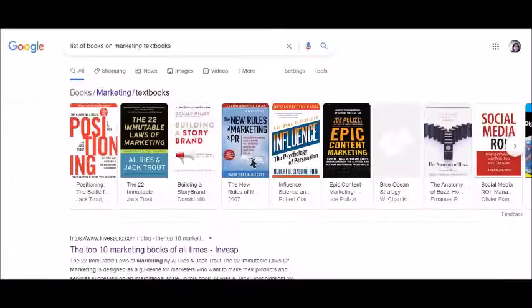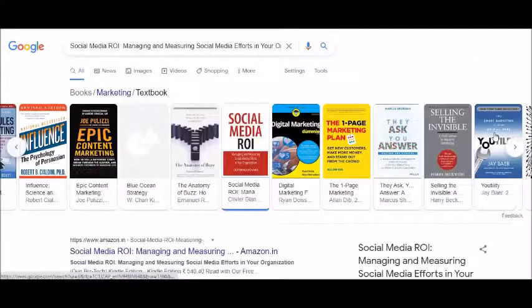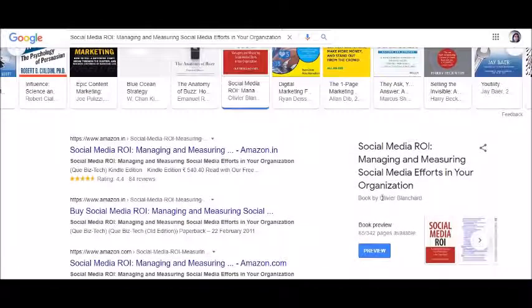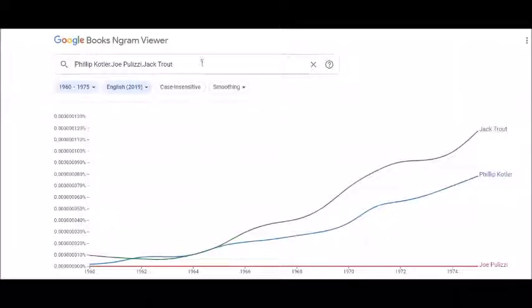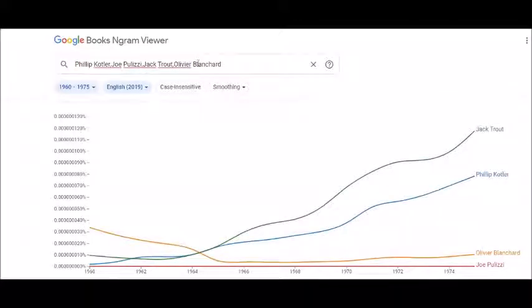Okay, here we go. So I have got Jack Trout, Donald Miller, David Herman, Olivier, Emmanuel, Joe is also there. Okay, we can even add Jack Trout. Here we go. I have got Jack Trout. Okay, and let's see now. Let's enter. Now, can you see the differences are coming in between Jack Trout and Philip Kotler? You are able to find out.